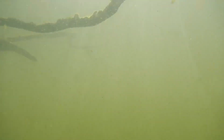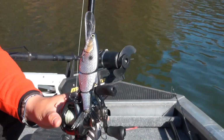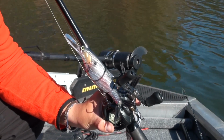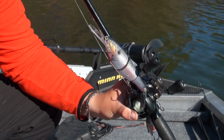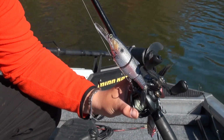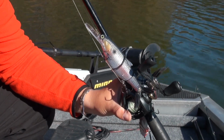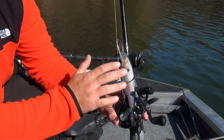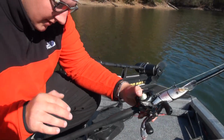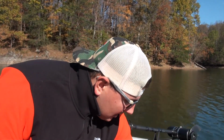And then I also have a new model called the Hate 15, and this is a deep diving version that'll get down 15 foot. And I think that of all the cool baits, this is probably the future of swim bait fishing, and probably will be one of the last phenomenons in bass fishing: putting these big swim baits down to the depth where the big ones actually live more often than they are up shallow. And we're going to show you how the standard